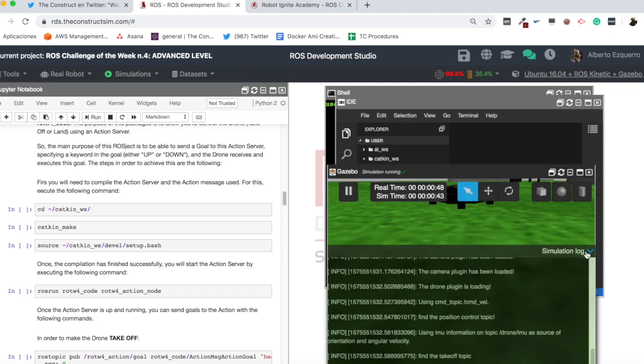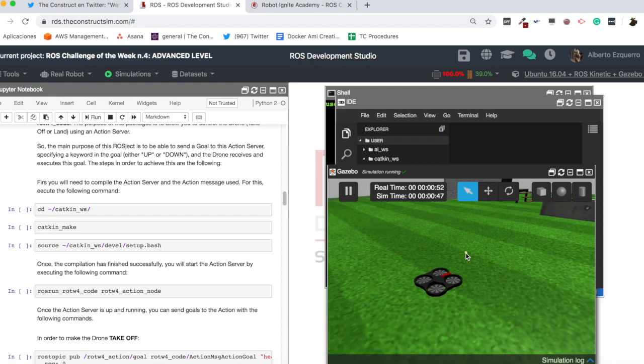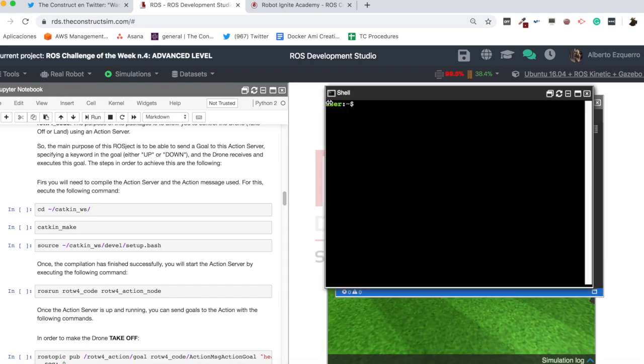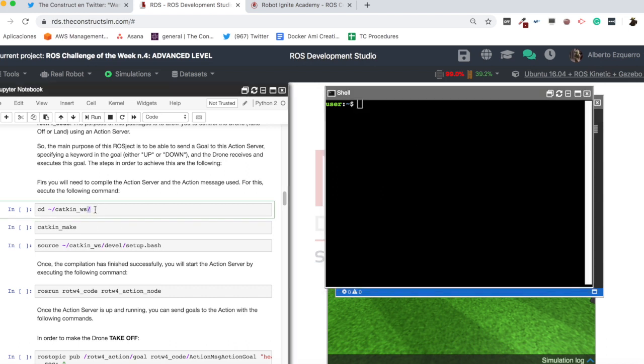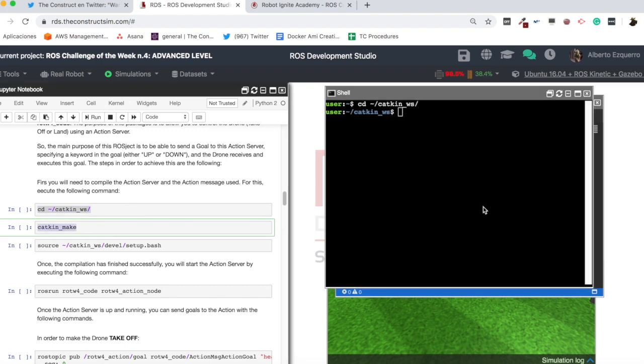So we can see here that our simulation has been loaded. Excellent. So let's put this like this, and then I will come to the shell I have opened here, cd catkin workspace and catkin make. So let's just copy paste all these commands, cd catkin workspace and catkin make,